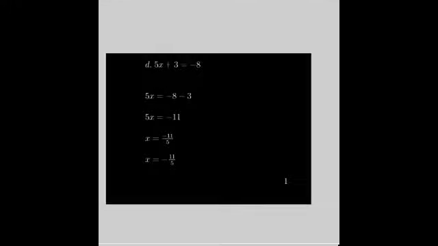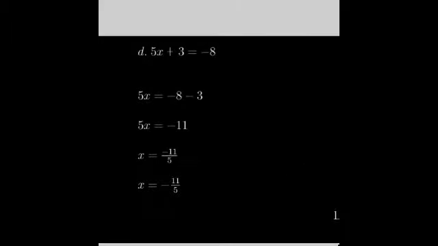Let's take a look at 5x plus 3 is equal to minus 8. Not exactly what some individuals that are following my course have seen. It's a little bit different to what we've discussed in the past, but at the same time it's very good practice. So 5x plus 3 is equal to minus 8, and as a result what I'm going to do is